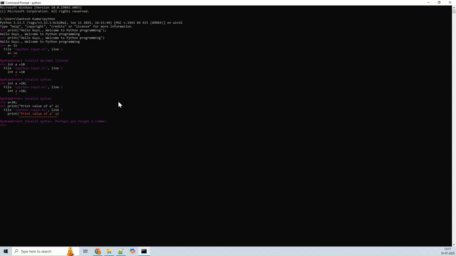So it is saying Python input line number 1. So again I need to give the syntax, let me try plus. No, it is not working. So what you need to write, you can just utilize like this: print a. So it has given the output as print.